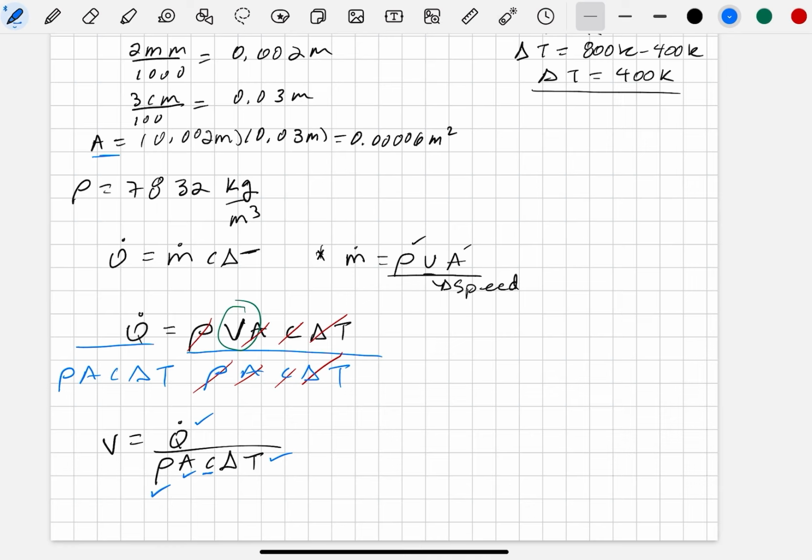So essentially the average temperature would just be 527 plus 127 divided by 2,